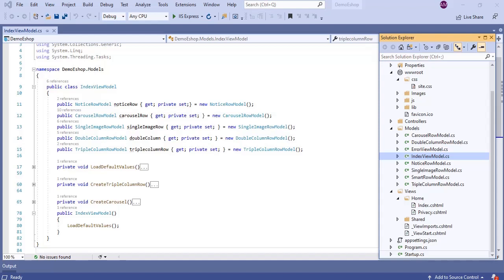So far we have completed our homepage and it looks pretty good, and now we need to save the index page to our database. We are going to have SQL Server as the database server for our project. In this case, we need to install 5 Entity Framework Core libraries.